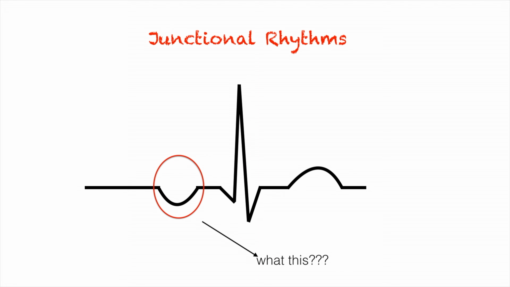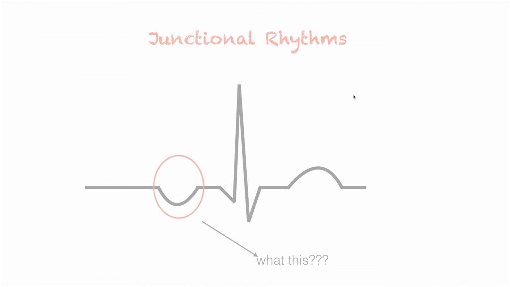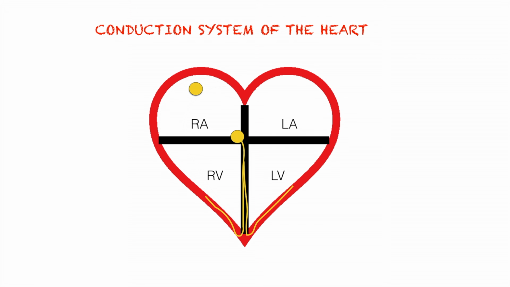We are going to talk about the basics of this dysrhythmia, what you need to know for you to interpret your strips. But before anything else, we are going to have a quick review about the conduction system of the heart and the inherent heart rates. Basically, the conduction system of the heart is pretty much these special cardiac cells right here that are responsible in conducting signals that cause our heart to contract.